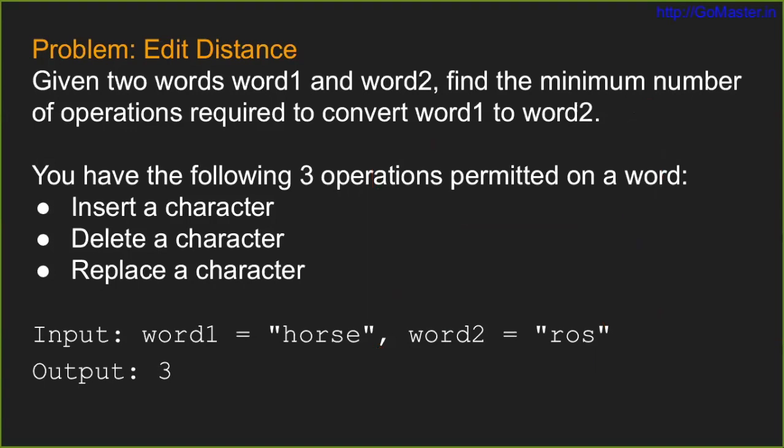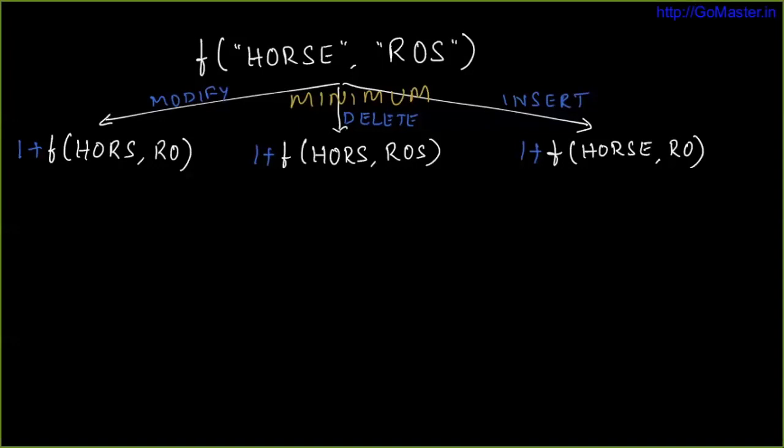So I'm going to use an approach which is using what is called a recursion tree, or it resembles something called a state space tree. I'm going to use this idea so that we can come up with the recurrence, which is essentially going to lead to the most efficient solution eventually. So the method goes this way. We would like to transform the word HORSE to ROS. This is the source word and target word, and F is my optimization function. It's going to return that minimum possible value, the optimal value. That is the minimum number of operations required, right?